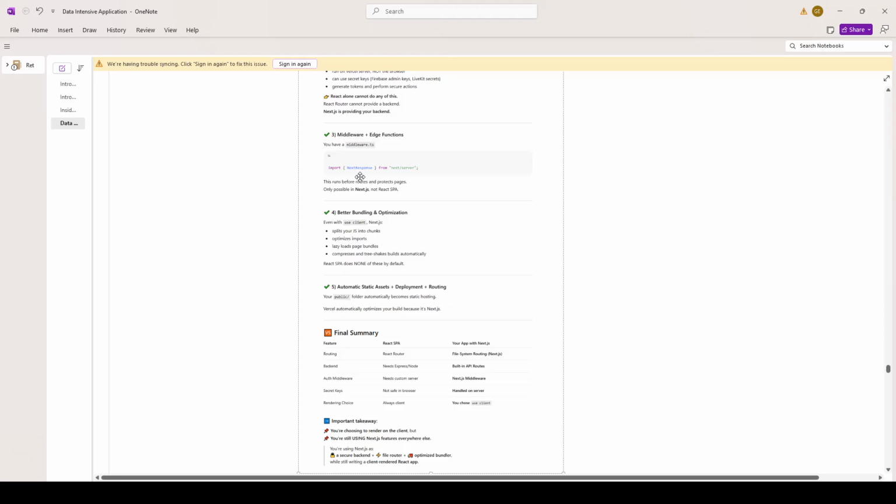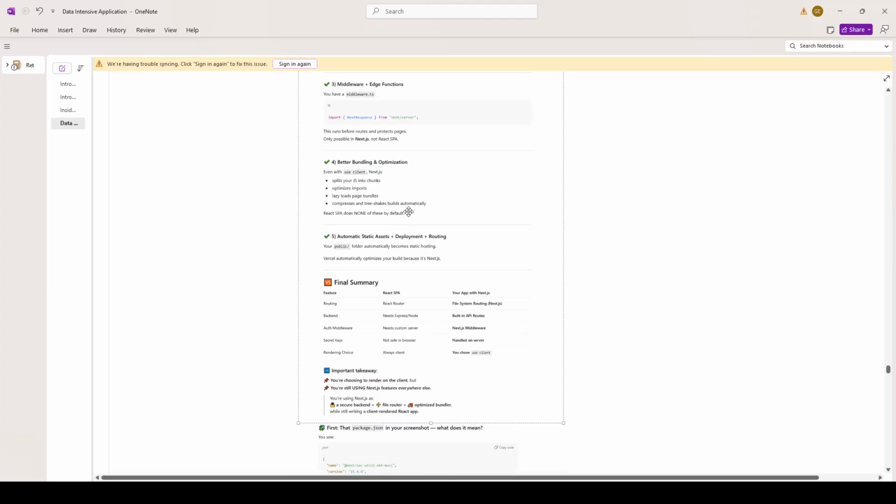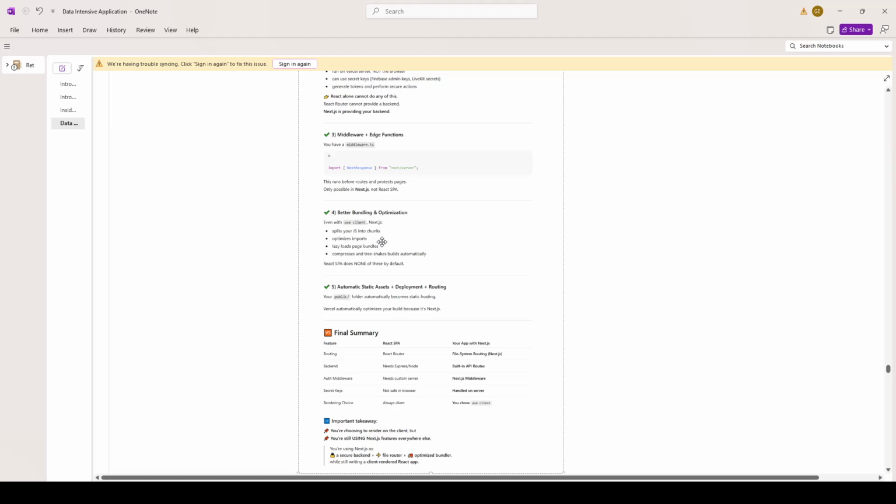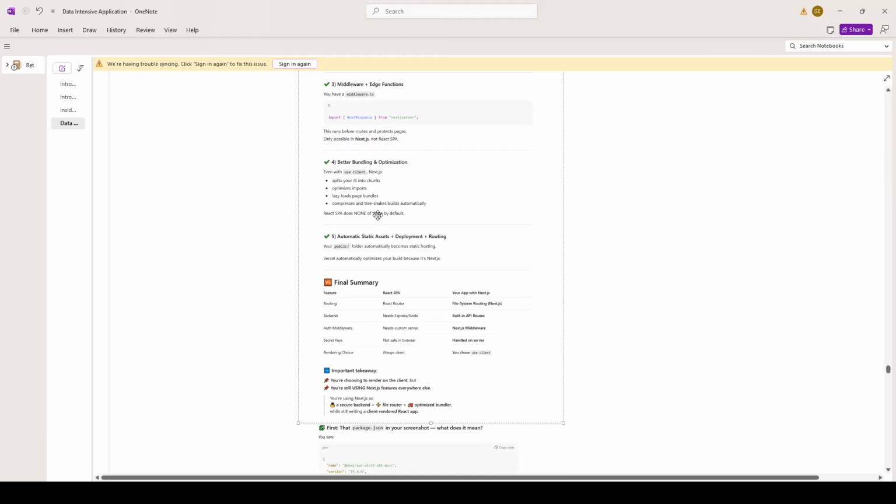So this import in middleware.ts runs, and actually is the protector from browser to Vercel. Only possible in Next.js, not React SPA. Fourth, Next.js also offers better bundling and optimization. Even with use client, Next.js splits your JS into chunks, optimizes imports, lazy loads page bundles, compresses and tree-shakes the build